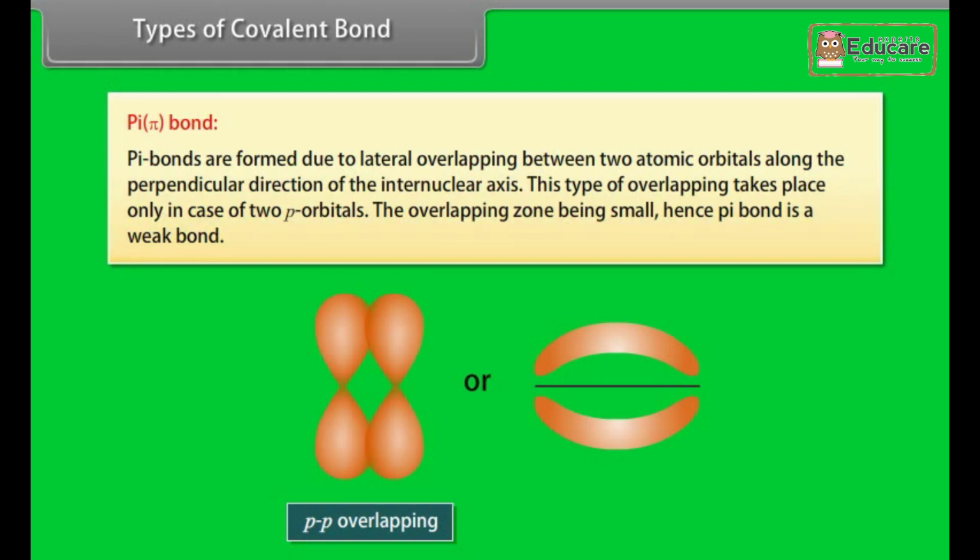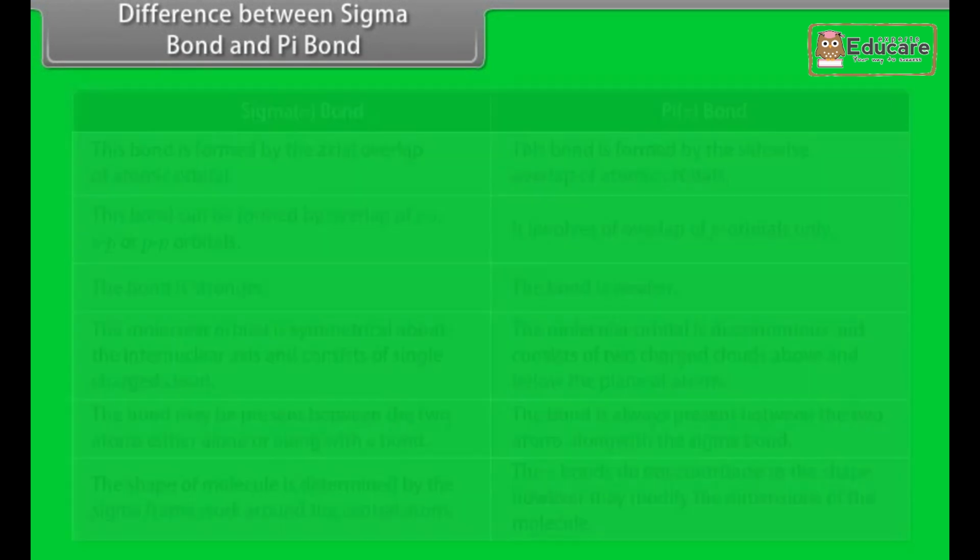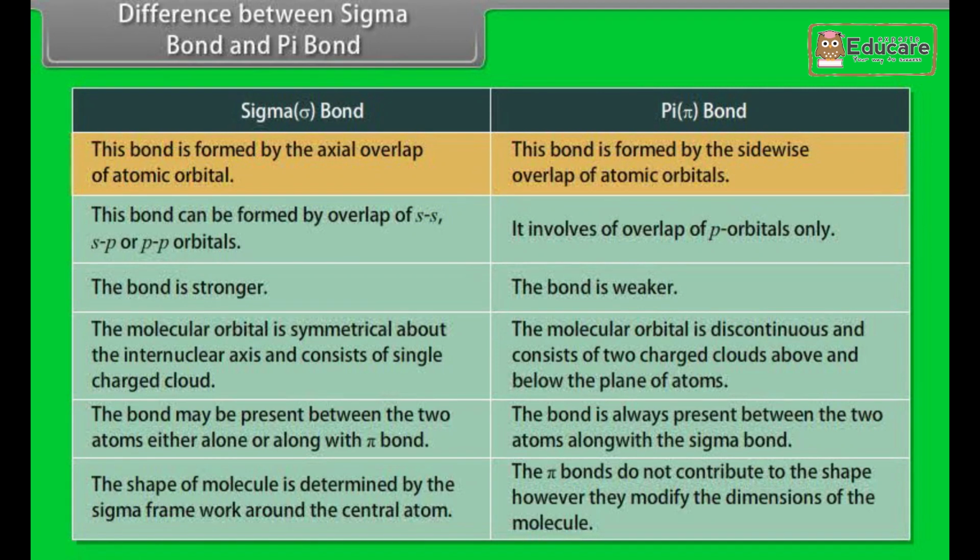This type of overlapping takes place only in case of two p orbitals, the overlapping zone being small. Hence, pi bond is a weak bond. Difference between sigma bond and pi bond. Sigma bond is formed by the axial overlap of atomic orbitals, whereas pi bond is formed by the sidewise overlap